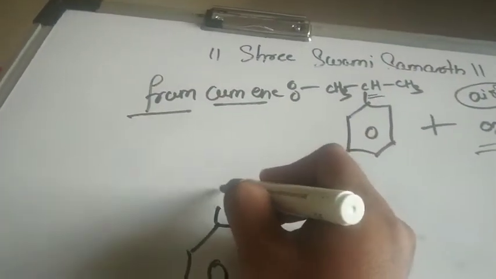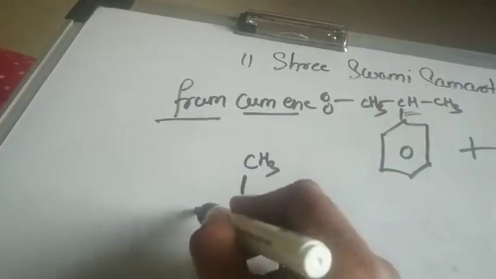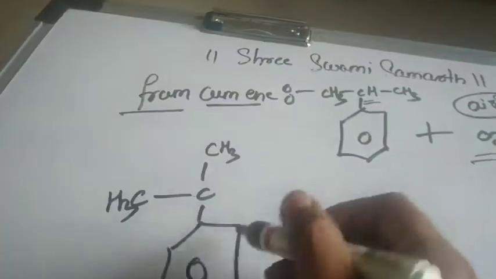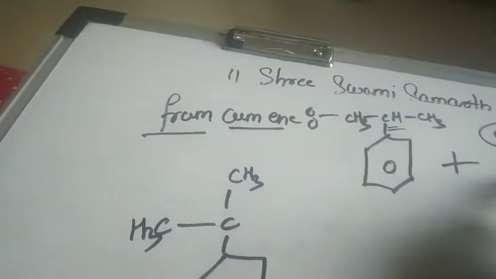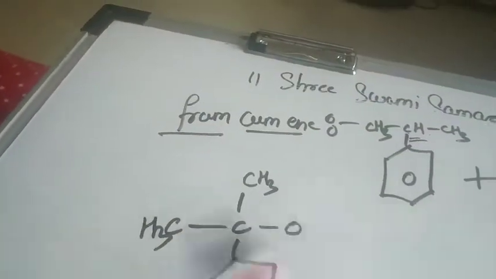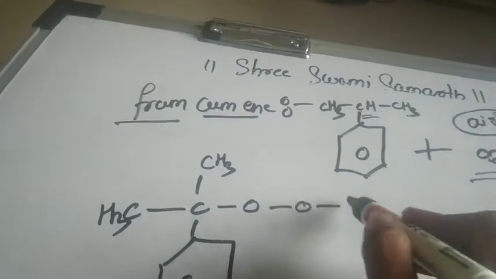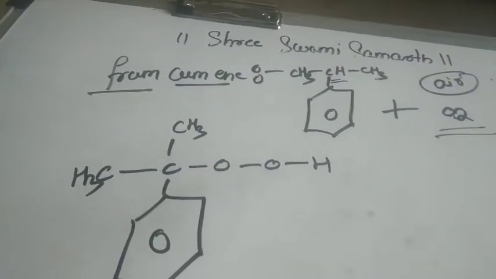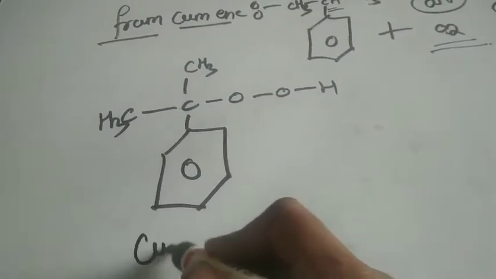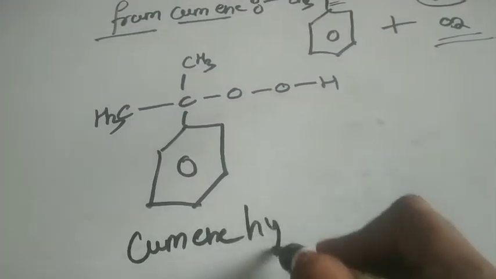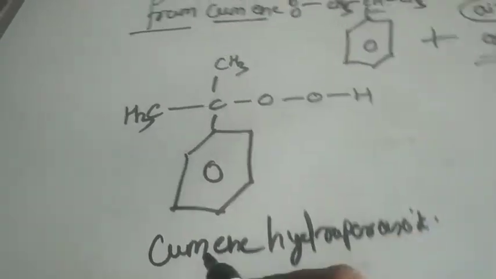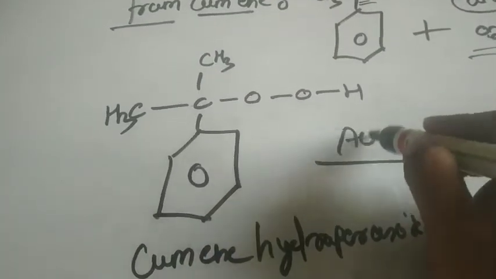See, CH3, अभी ये वाला CH3 मैंने थोड़ा सा ऐसा लिख दिया ऊपर, CH3. Now the addition of this oxygen is taking place between this carbon and hydrogen. So see, oxygen and hydrogen, right? So this is how the free radical mechanism has taken place, and the compound which is formed is cumene hydroperoxide. Cumene hydroperoxide, and this cumene hydroperoxide on acidification